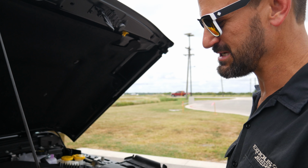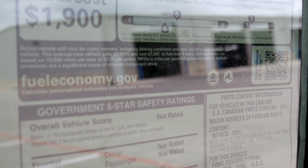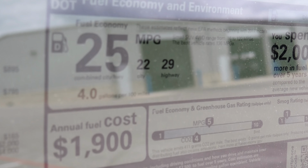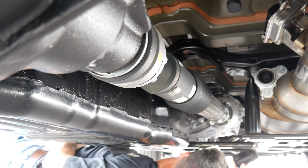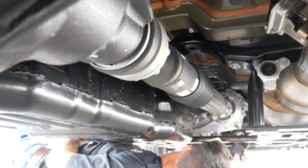Another fun fact about this is that the capacity is down to 18 gallons for the diesel. They had to make room for 5 gallons of DEF fluid, which will need to be refilled about every 10,000 miles. Is it a big deal? Actually, no, it's not, because the average fuel economy on this is 25 miles. Even with that reduction in capacity, the increase in mileage gives it a range of 50 miles further